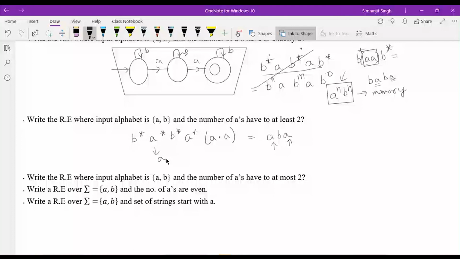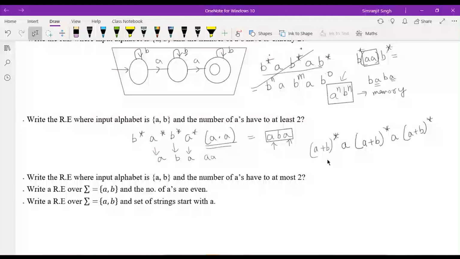Okay, sorry for that. Okay, so I think Varun's expression also seems very interesting. A plus b followed by a, then any number of a's and b's can come, and then followed by a, then any number of a's and b's can come. I think that also seems very correct. Okay, if any string is not generated by this, then let me see. Any number of A's can come in the starting. Okay, so exactly two A's are here, so that expression is also correct.